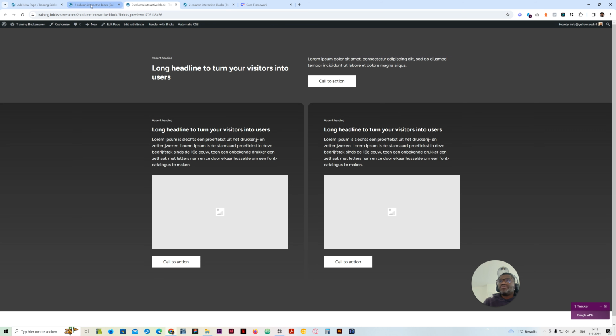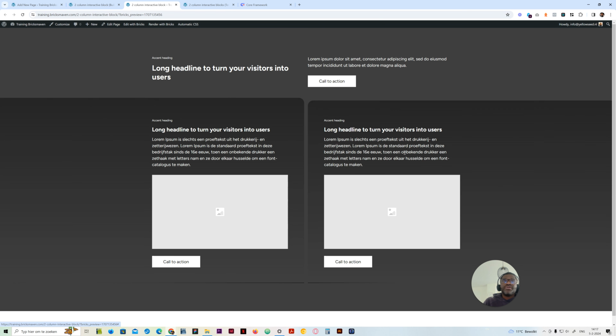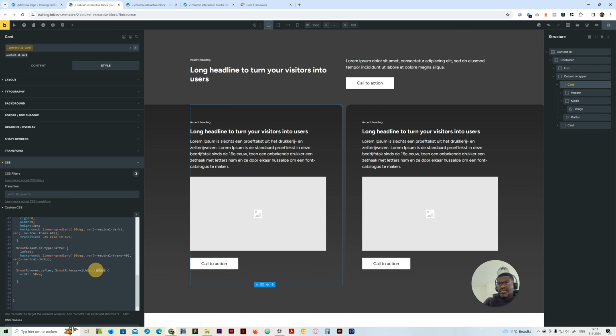Okay, so now I am going to ensure that when you hover and when you tab through the cards, it also activates the interactions. So let's do that. So on the hover, we just copy this. We also want the same styles to apply. So this will be focus within, and let me just copy this, and also the comma, and we scroll down to the after, and we just paste that in and set this to after. So now